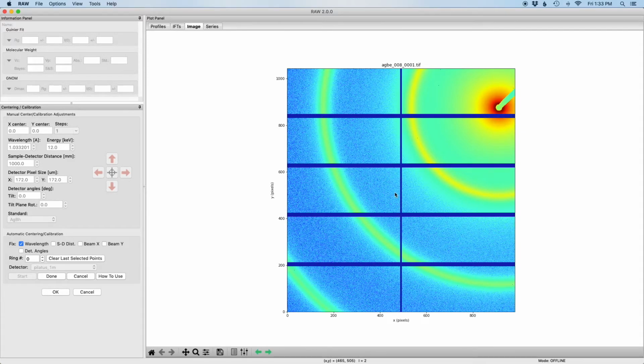So, what we want to do is find points in the ring, and we do this just by clicking near the center of the ring, and the program will automatically find points at the ring peak and add them to the plot here. I'm going to do the same thing for the second ring out, ring number 1. You'll notice that we have to click in each section of the detector. It doesn't propagate between the different detector panels. Finally, for the last ring,